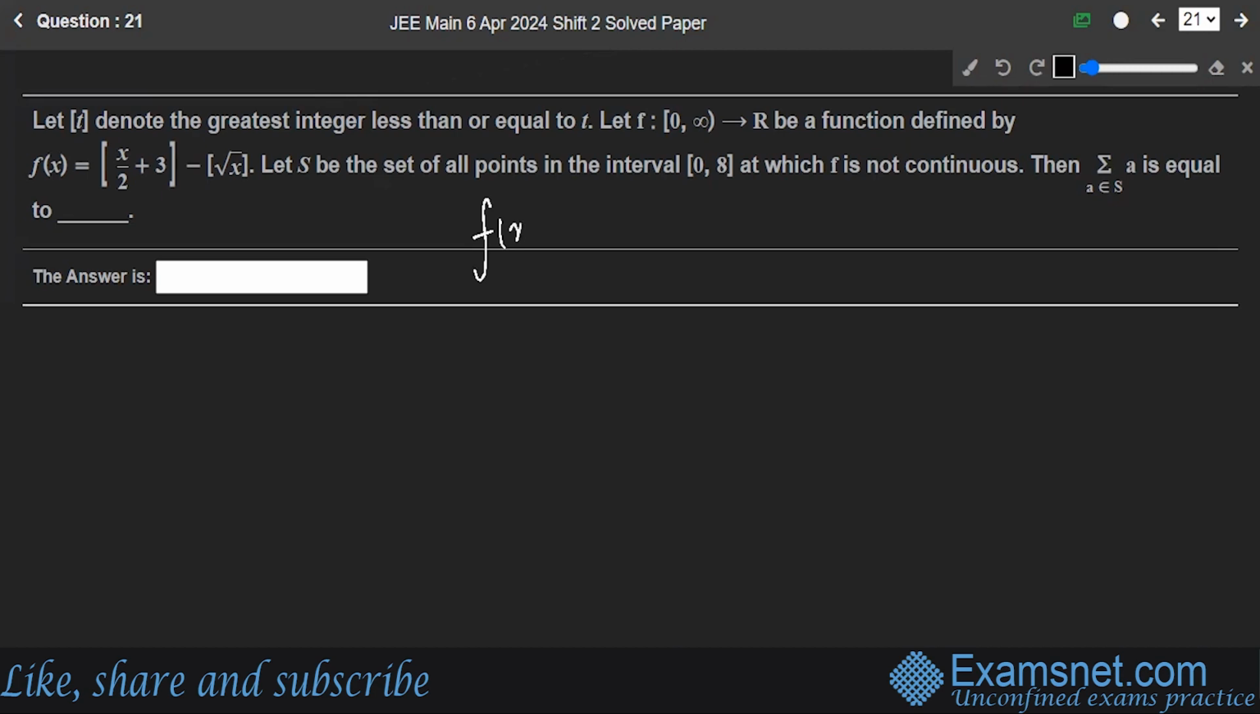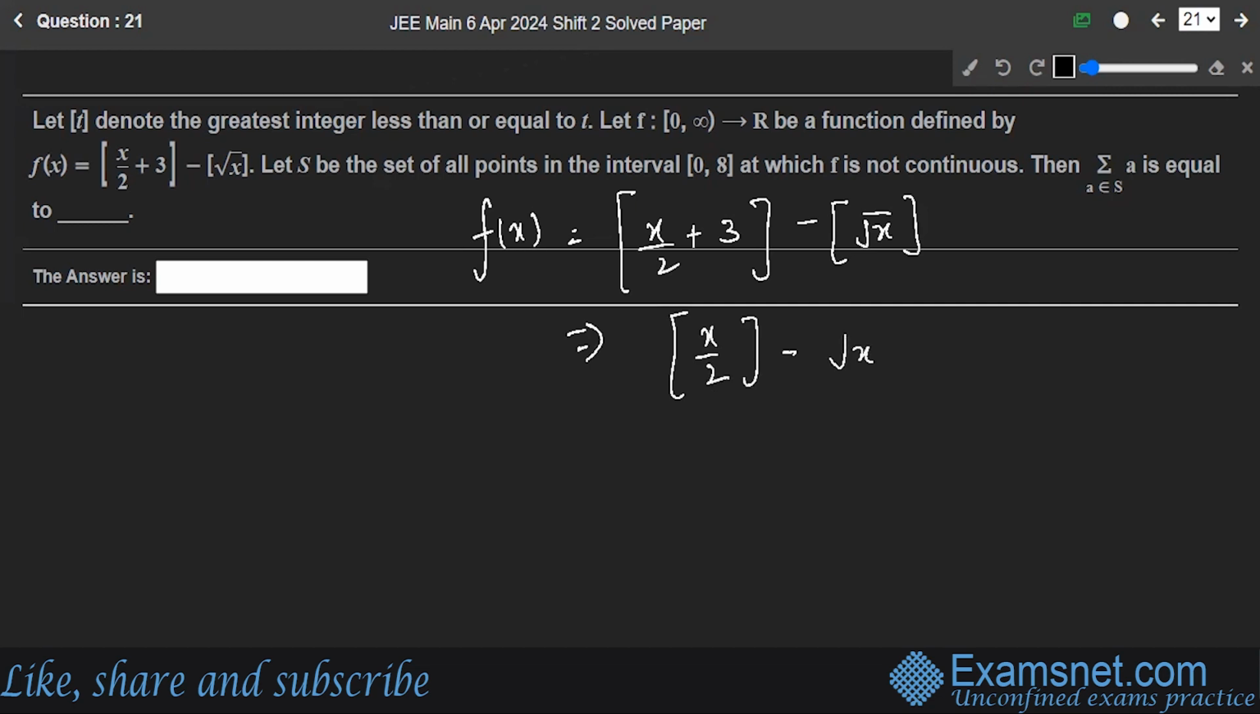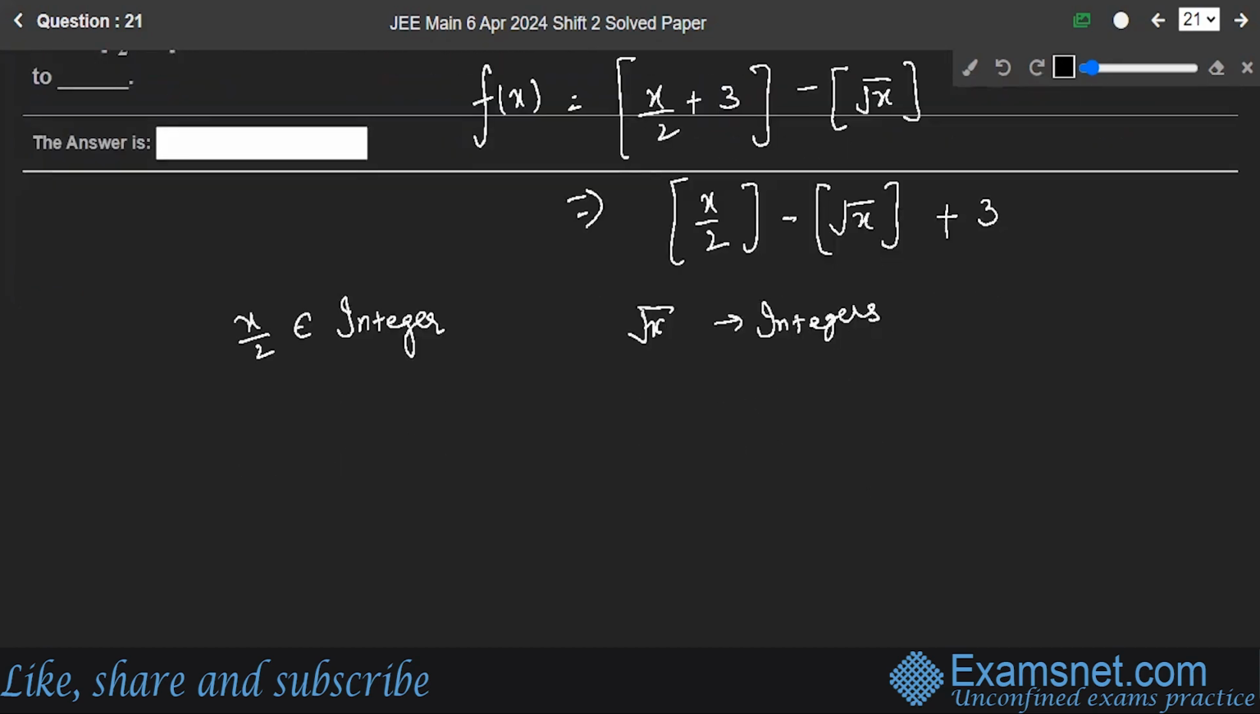So this is your function x by 2 plus 3 minus greatest integer function for root of x. See, if I break it down, this is x by 2 and root of x in greatest integer function. 3 is a constant, so no matter, I can take it outside. Now the critical points where this function might change the behavior is when x by 2 is an integer, and root of x is also an integer, right? So these are the points where fx might change its behavior. So the critical points will be